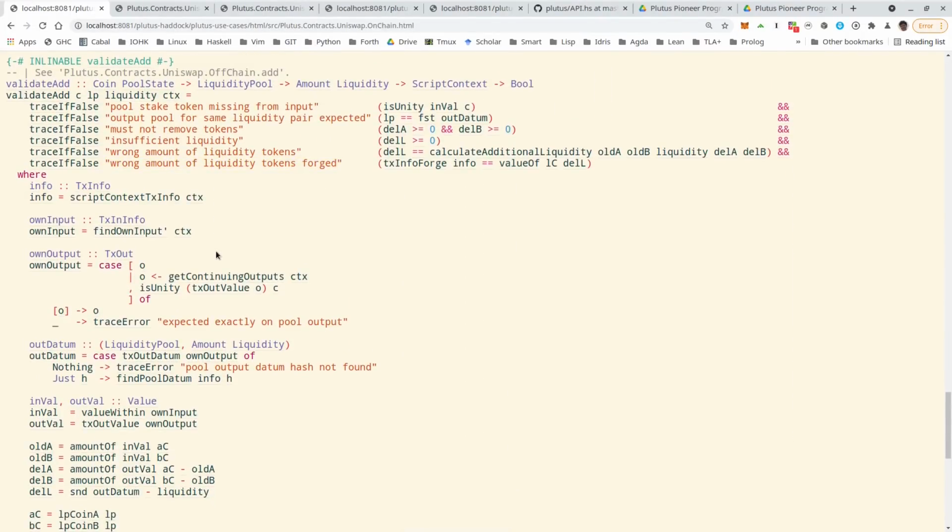One thing I should mention is I didn't use state machines, and I'm not sure it's possible. I was thinking about that, and it wasn't obvious to me. The problem is, one should think that both the factory and the individual pools behave like state machines. They are identified by their tokens, and there are these legal transitions and then the datum gets updated and so on. But the problem somehow is that sometimes we have both of them involved, the factory and one of the pools. And it's not obvious to me whether that's possible with the current state machinery. So I basically did it by hand when I wrote this.